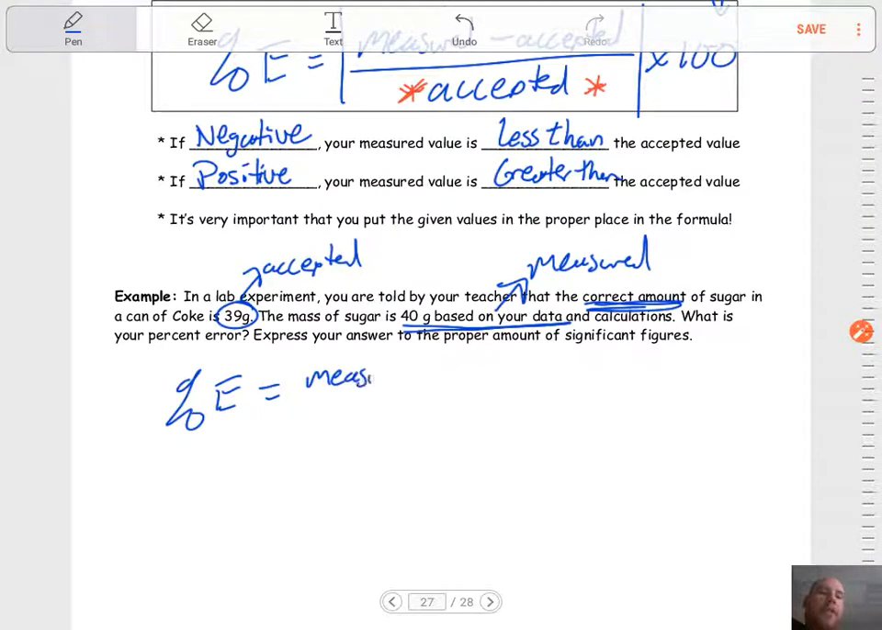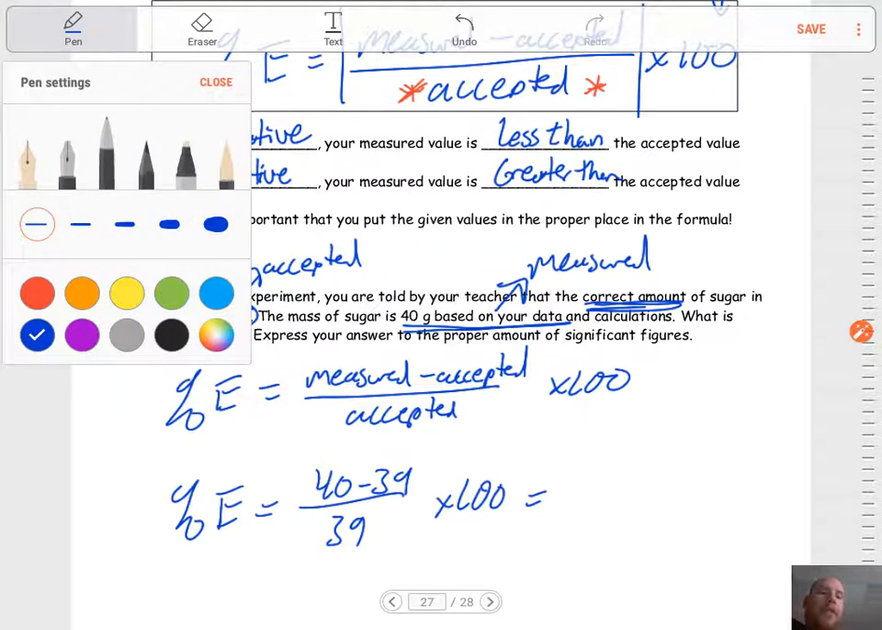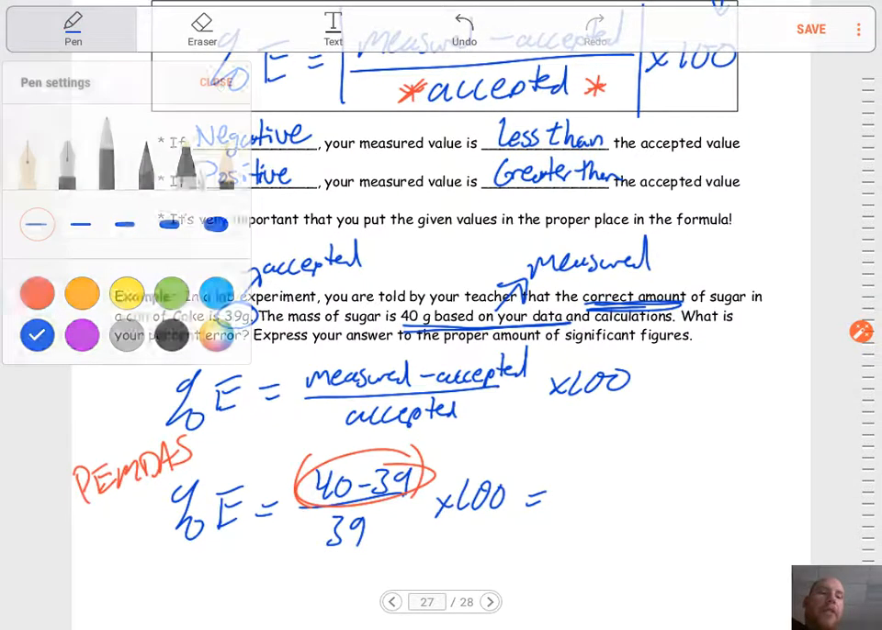So I'm going to write out my formula. Measured minus accepted divided by accepted times 100. So my percent error is going to be 40 minus 39 divided by 39 times 100. So again, order of operations, guys, is going to be crucial. You have to do the subtraction first. Think about it in terms of parentheses, right? PEMDAS. Got to do parentheses first. So when we get our final answer, you should end up with